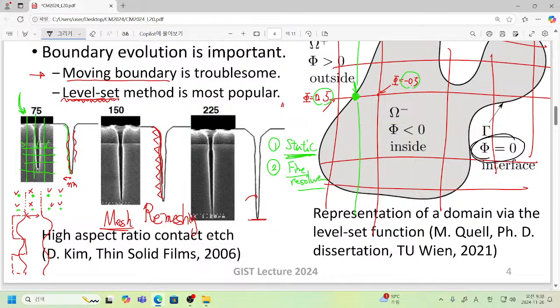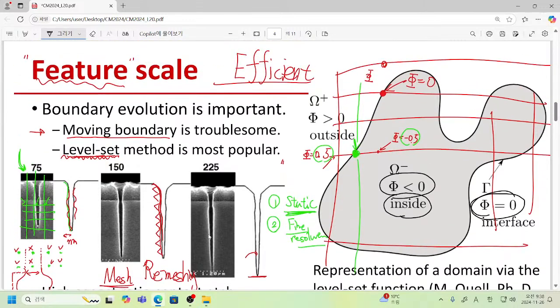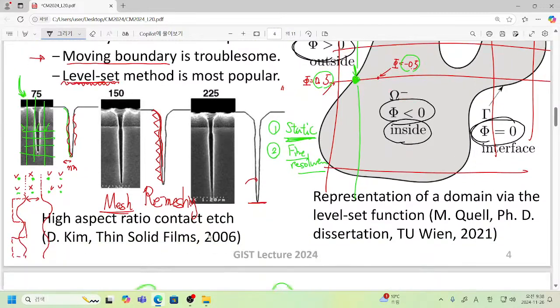So simply speaking, if a point is inside the boundary, we want to assign a negative sign to this distance, and if we have a point outside of this boundary, then we want to make it a positive value. Then in this example,